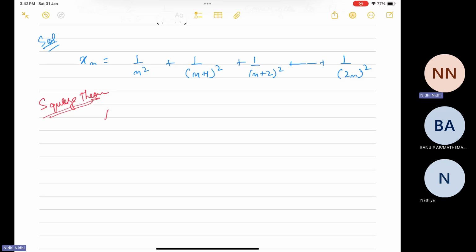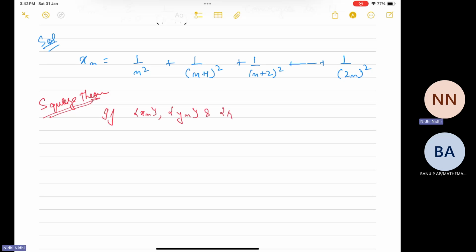So if xn, yn, and zn are sequences of real numbers such that one of the sequences is squeezed in between the other two, so basically such that xn less than or equal to yn less than or equal to zn for all n in N,